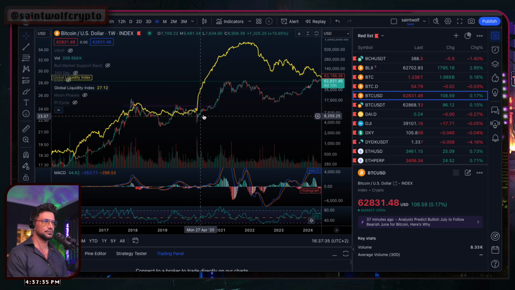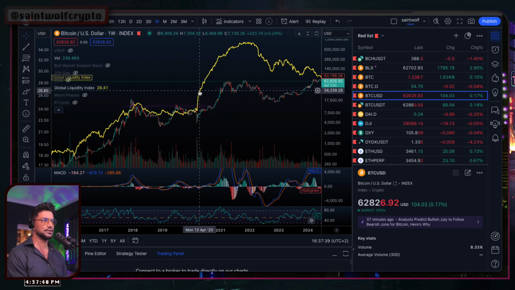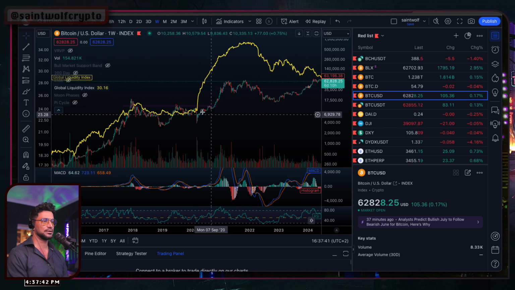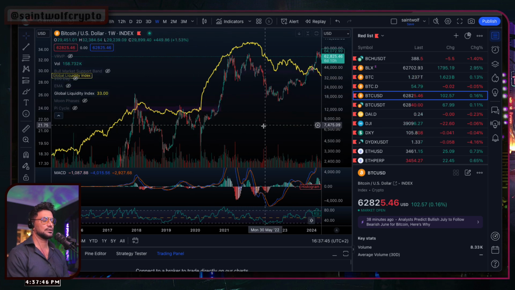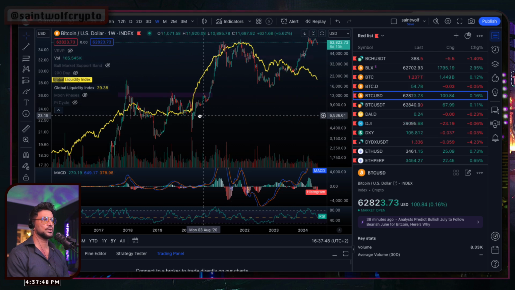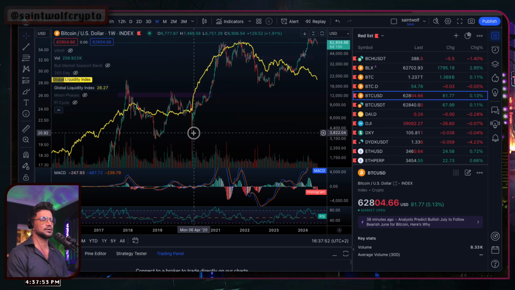And what did the world do? Well, the GLI from here just completely went ballistic. And not only did that go ballistic, but what else went ballistic? When I open this up, you begin to see these swings. This also swung with it in a big way.